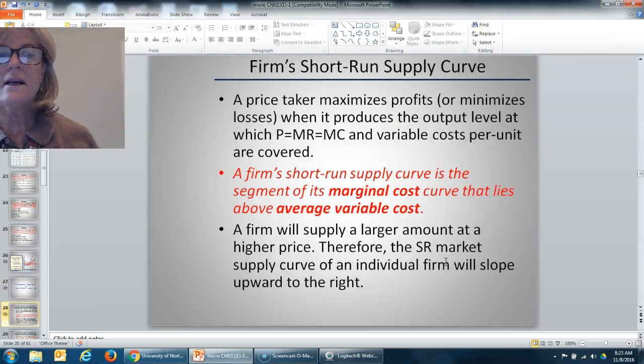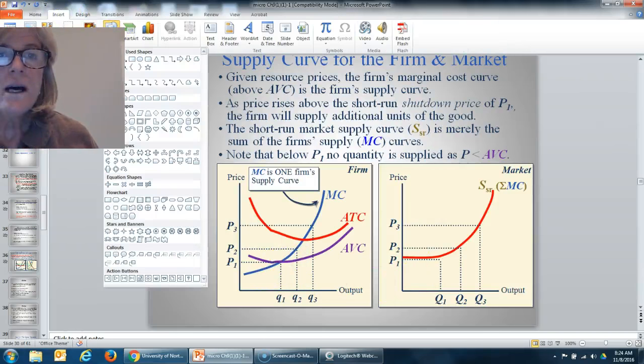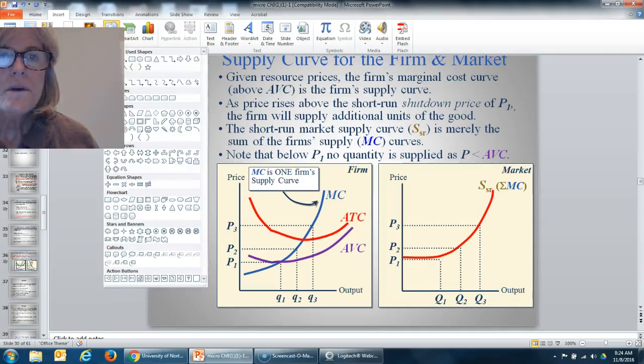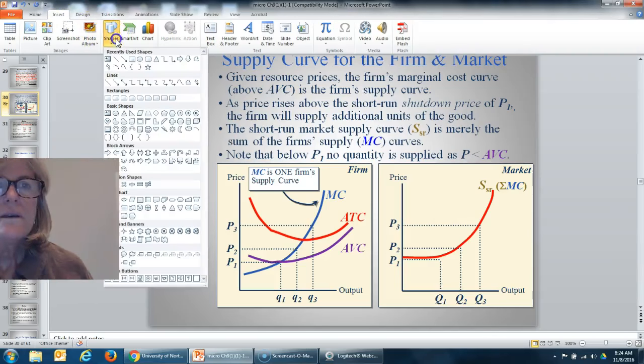So basically, a firm is going to maximize its profits along the marginal cost curve. So notice that the firm is going to choose to produce, so basically it's going to choose to produce as long as,